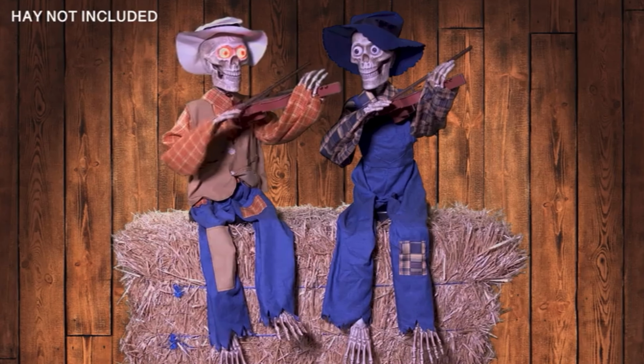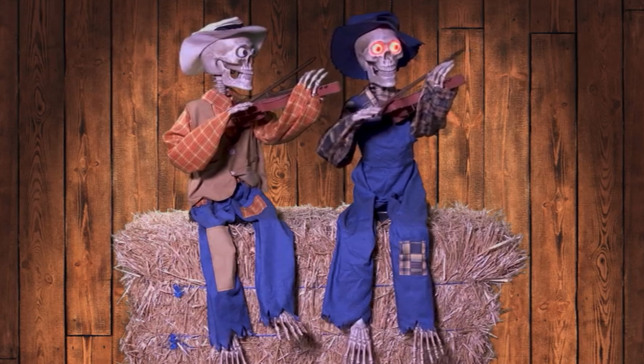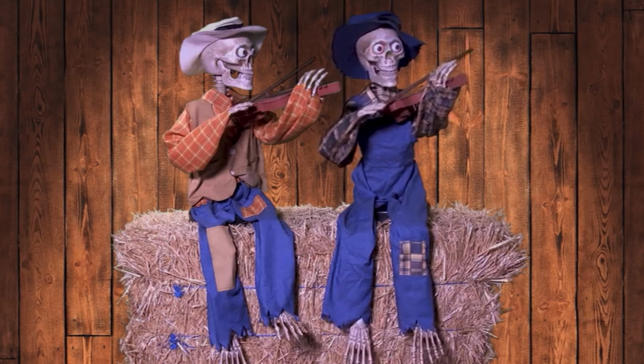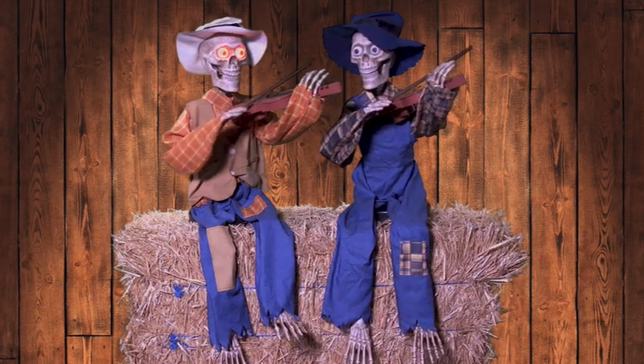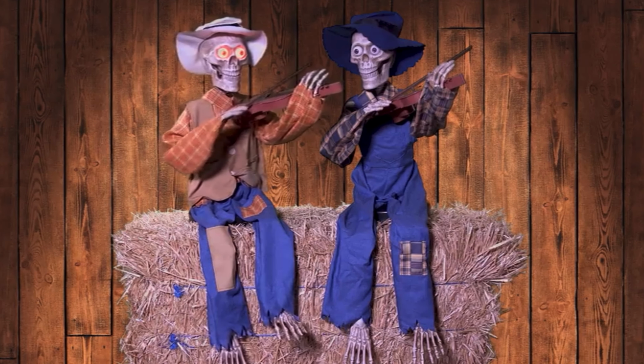I like that action. I think they play four songs instead of three, which is kind of cool. And like you say, I think you can turn their voices off if they annoy you, so they're just playing the music. But I quite like the voices, actually. Like you said, they are kind of more hillbilly-like in a way, and I kind of like that. And the price is